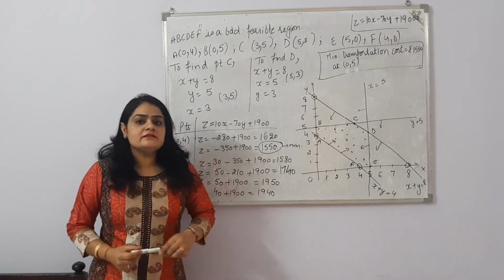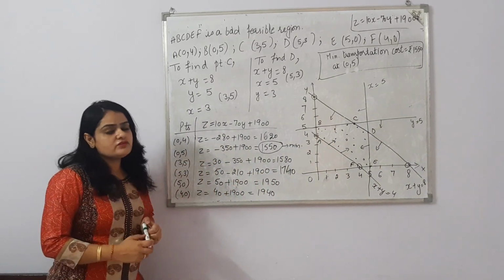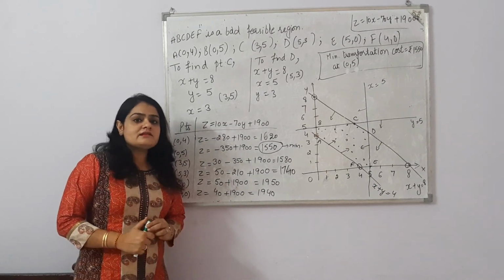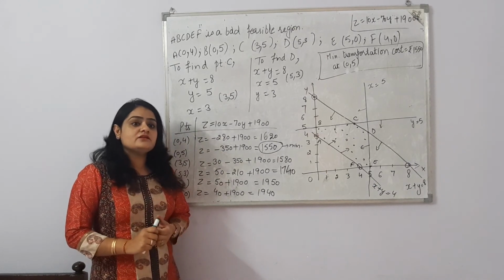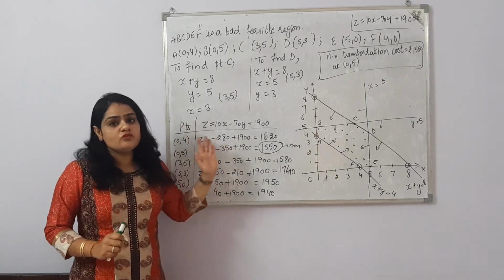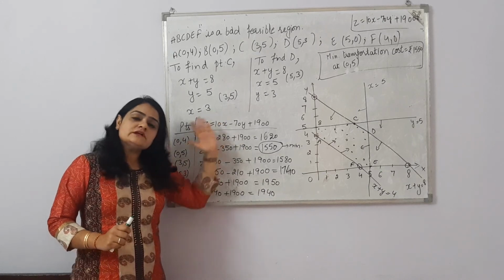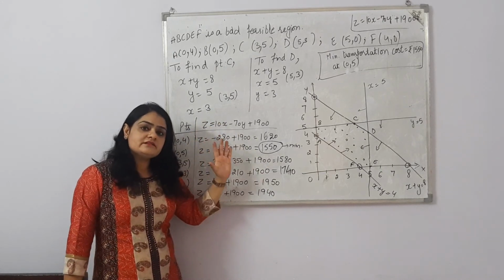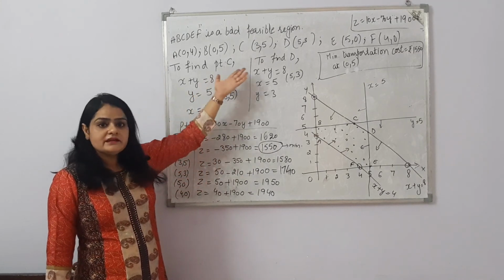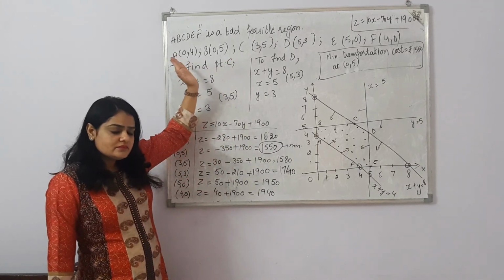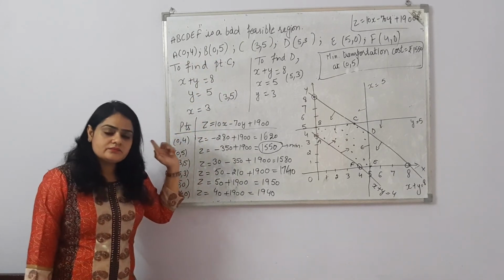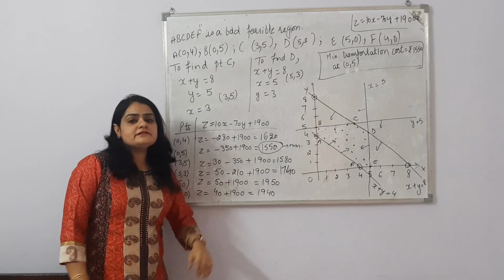Hope you understand this question. This was the last topic of linear programming problems. I am sending you one assignment related to transportation cost. The question is very easy if you form the right flow chart. This question is totally dependent upon the flow chart. If the flow chart is right, the question will automatically be correct, because the inequalities, the constraints, are very easy to form from that flow chart. Hope you understand this question.